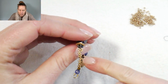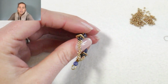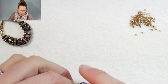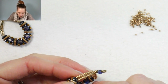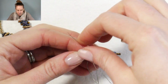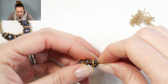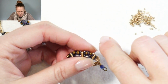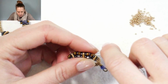Go ahead up on the right hand side, adding in, go through that middle bead and down to the left hand side as well. Once you're done coming down the other side, all you need to do is give a nice little tight pull. Go through that 11-0 that sits right at the base of the stitch. Go down through the stitch a little bit. And because you did a bunch of right angle weave, you can literally just sew back through the project a little bit rather than knotting off, and you'll have the end of your thread,